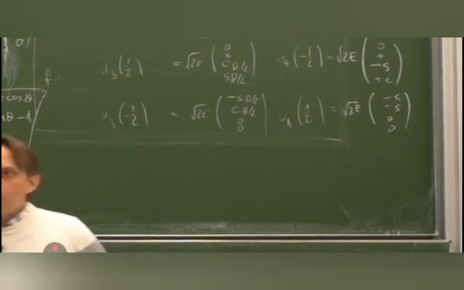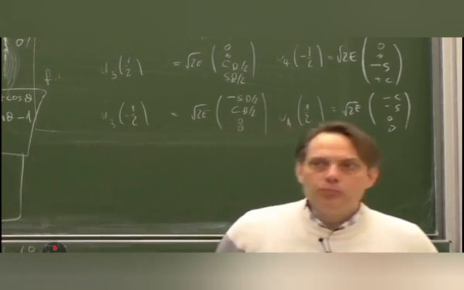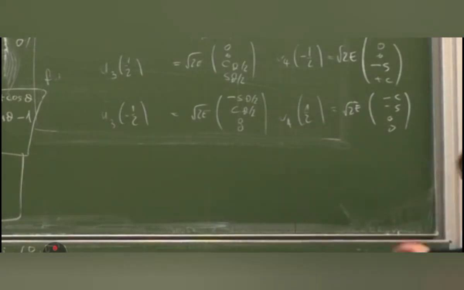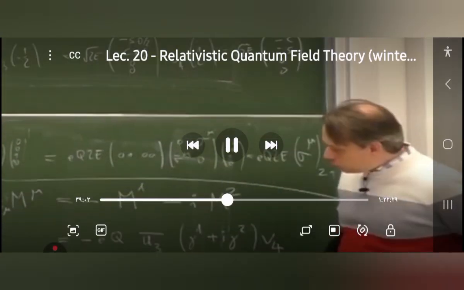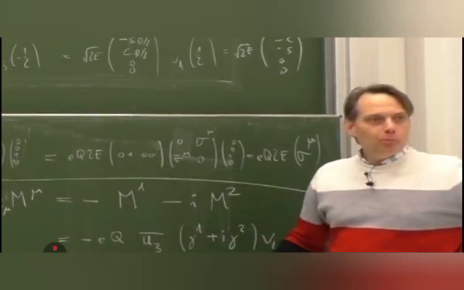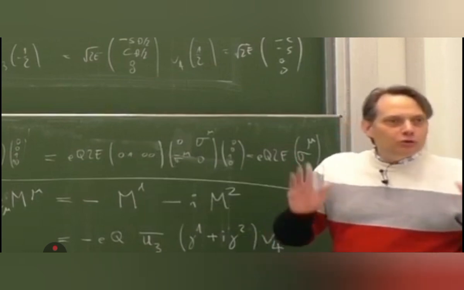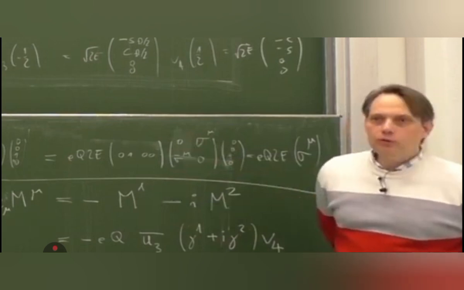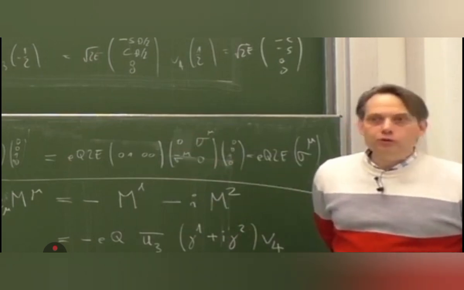That ends our discussion of e plus e minus to mu plus mu minus, and we would now move on to a different physics process. In the lecture of the next process, I would most likely not discuss these explicit spinors, but it can happen with quite high likelihood that you are supposed to calculate that process with explicit spinors in the exercise. So therefore, we will practice this once more. Okay, next topic.